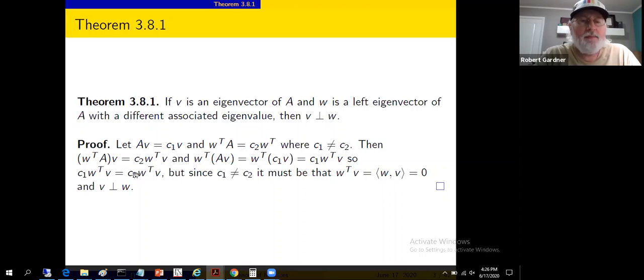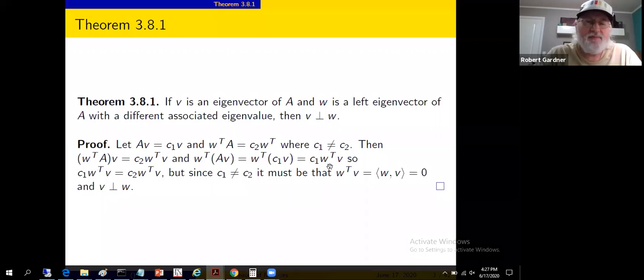All right, let's see, we can associate A and V. So this is the same as W transpose times AV. We know matrix A times vector V is scalar C sub 1 times vector V. So for the AV, we can substitute the C1 V. Remember, C1 is a scalar, so we can pull that out front. And we've got W transpose AV equal to this quantity, and W transpose AV equal to this quantity. Or these,